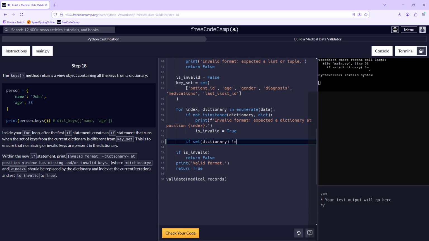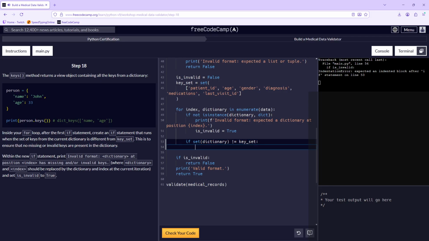Okay, the not equals operator. Key underscore set. If set dictionary does not equal key set. Sorry, I just wanted to see if my traceback would go away if I type one thing, which it does. So within that we print an F string, and it's gonna say invalid format.